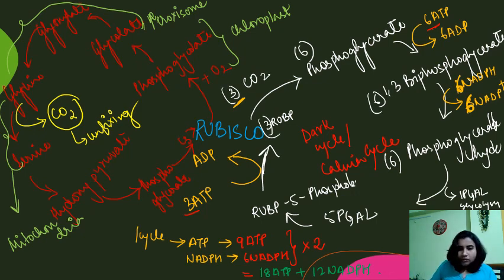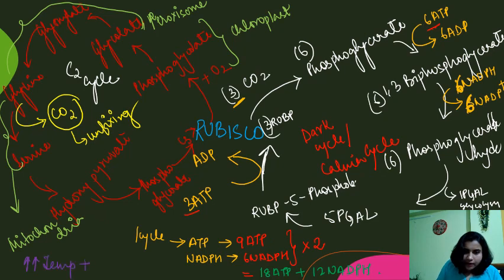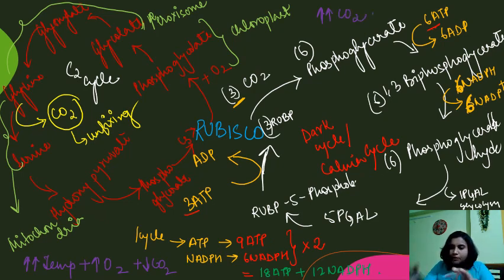Now the important thing is what is needed for this, the conditions for the cycle. This C2 cycle, you can write it here, will continue only when there is very high temperature, a very high amount of oxygen, and less carbon dioxide. The C3 cycle will continue when there is a high amount of carbon dioxide. Clear? I hope it is clear to everyone.